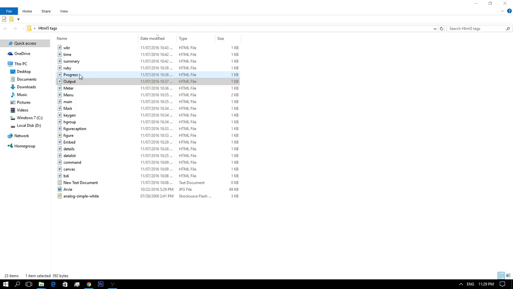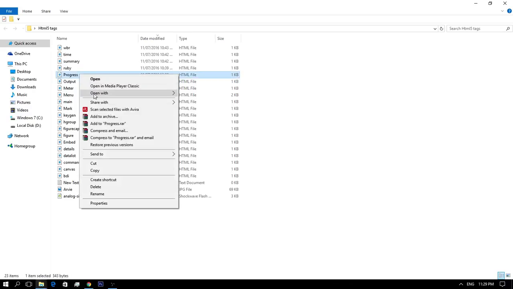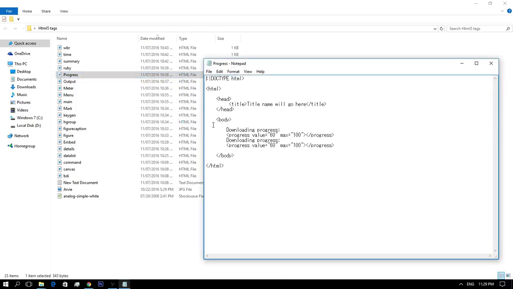So we have the progress element tag. The progress element is used to show the completion or progress of a specific task. We often see on websites, while they are downloading some text or video, and even when uploading some content to the internet, a progress bar comes before us and displays the current progress or completion of a specific task.